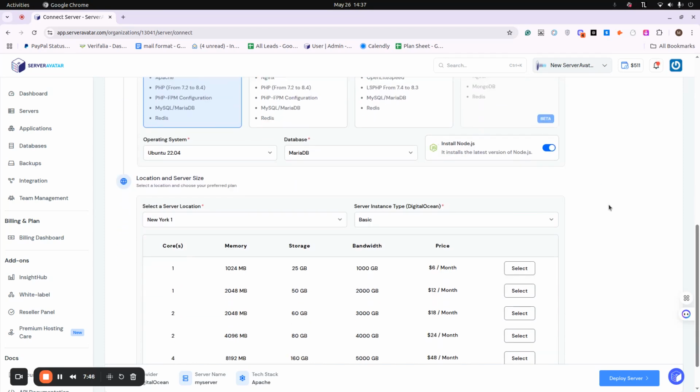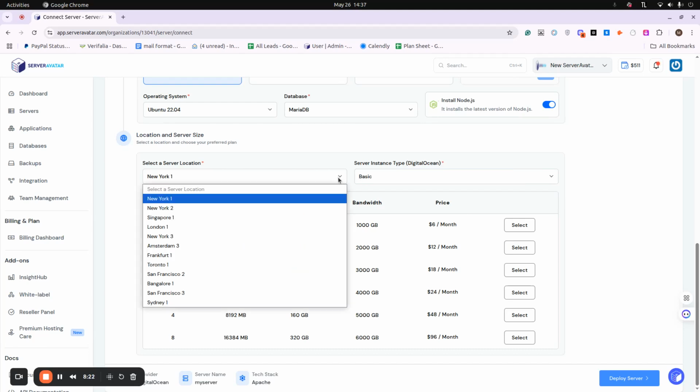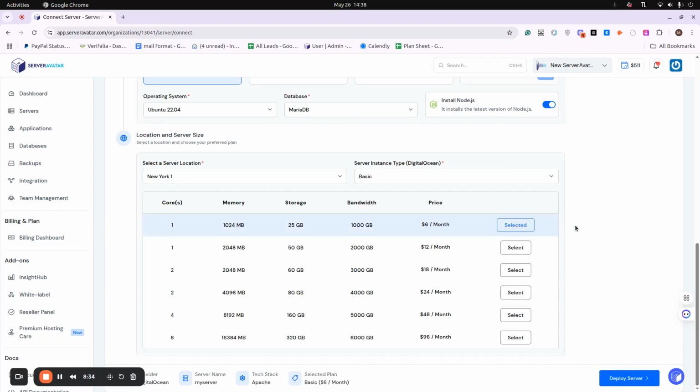Now, let's pick up the server location, its type and size as per your requirements. This defines the region and the computing power of your server. So, you can select the server location, instance type, and server size as per your requirement.